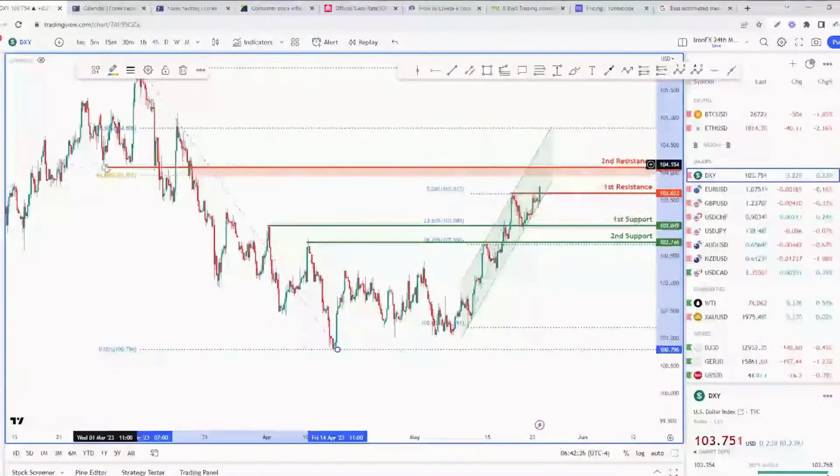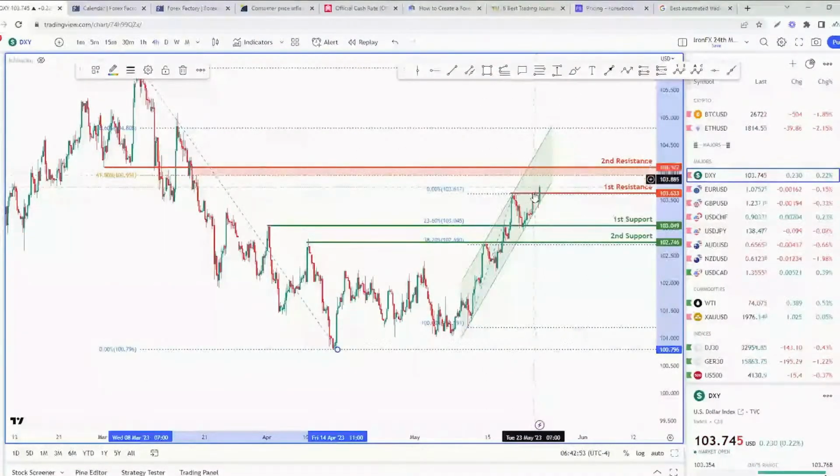But as you can see, these three bounces are suggesting that this should now be a relatively strong resistance level, which also lines up close to the 61.8% Fibonacci retracement. So do take note of that. If you have gone long on the dollar index around this level, for example, if you had a breakout strategy and not a reversal strategy, and you're looking for a breakout, you would have gone long at the first resistance, and perhaps you'll be looking to take profit between